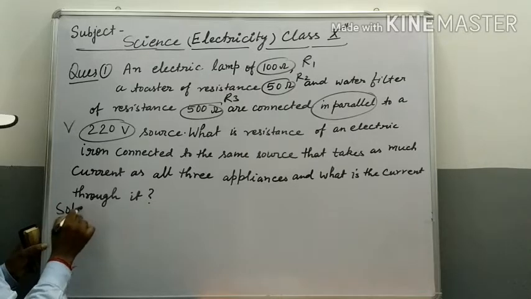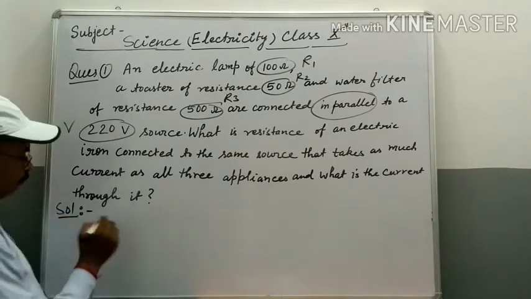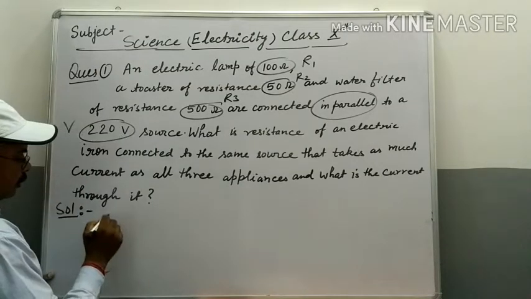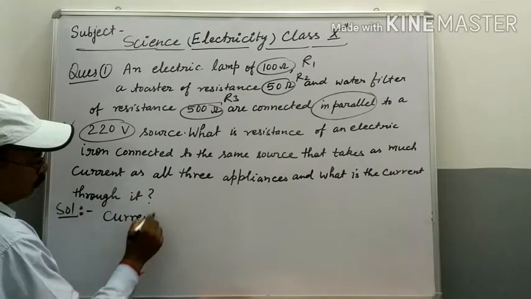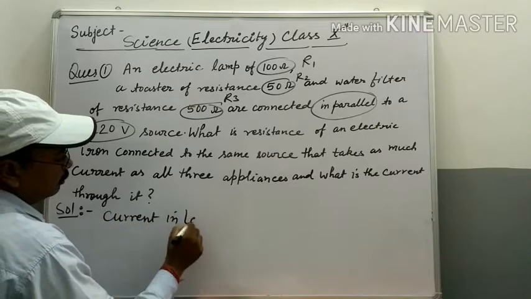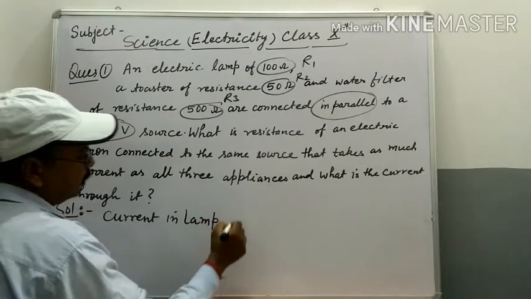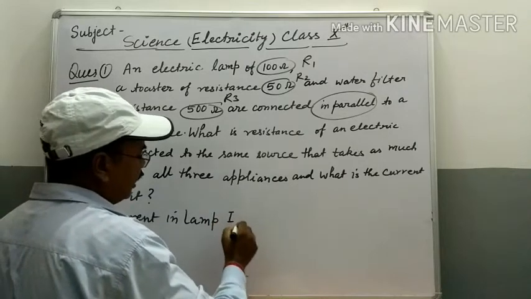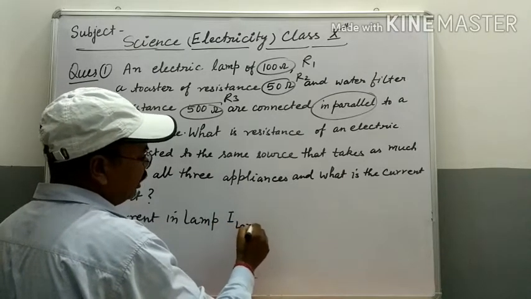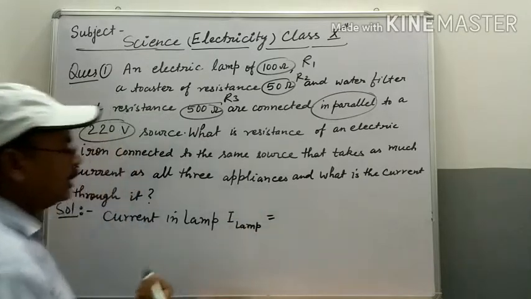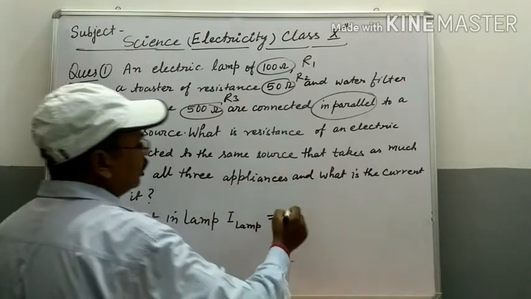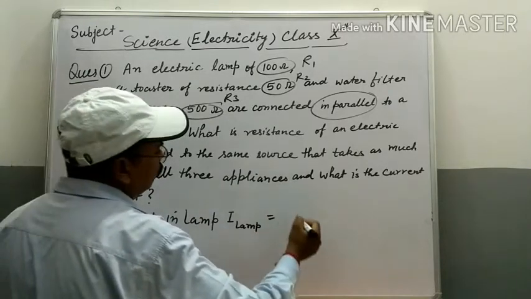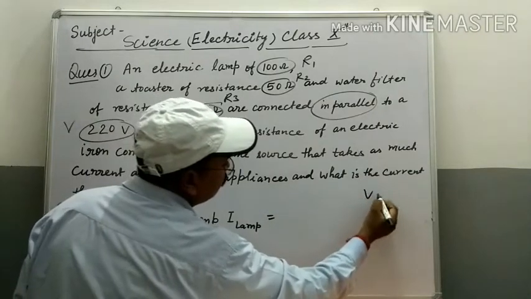Solution. Given. Students, current in lamp, लैंप में जो करंट है दैट्स I, करंट मींस इलेक्ट्रिक करंट रिप्रेजेंट बाय I. यहाँ पर एक सफिक्स LAMP लैंप लिख देते हैं. दैट्स स्टूडेंट्स I lamp दैट इज इक्वल टू I, V equal to IR, और then already V equal to IR